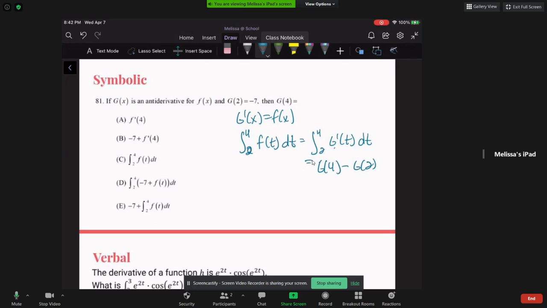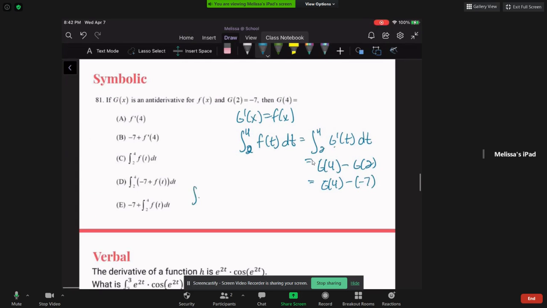Okay, now we already know what g of 4 is. Okay, that's equivalent to negative, I'm sorry, we don't know what g of 4 is. Sorry, we know what g of 2 is, and that is negative 7. So just to write this out a little more clearly, we've got the integral from 2 to 4 of f of t dt equals g of 4